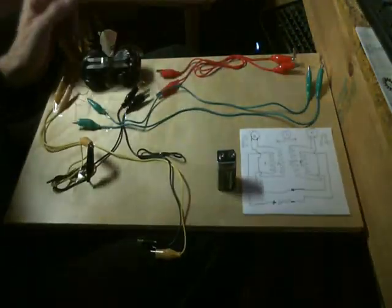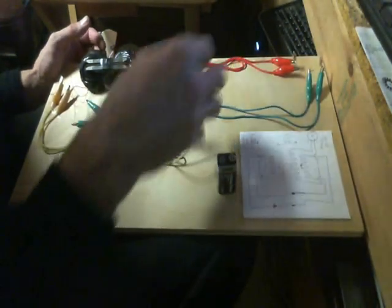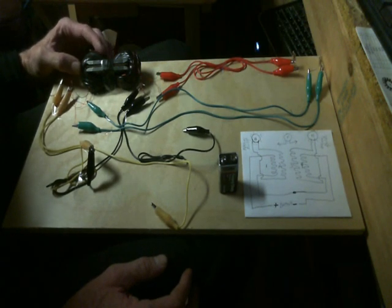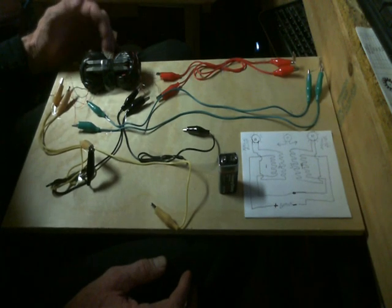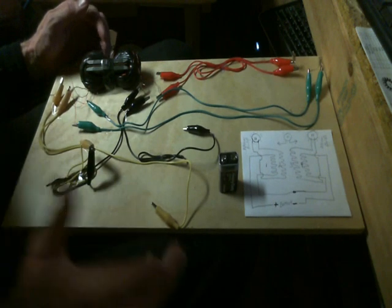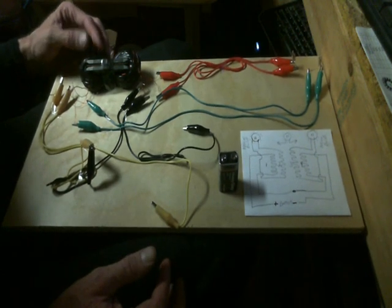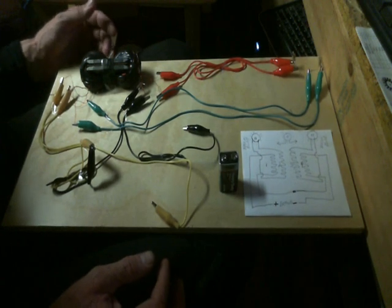So basically, what we got going on here is I built a custom transformer. There are 2 coils on this side and there are 2 coils on this side, both of which have exactly the same amount of wire. Not even sure what gauge it is or whether it even matters, nonetheless. It's just a transformer, so I guess this would be classified as a 1-to-1 transformer,